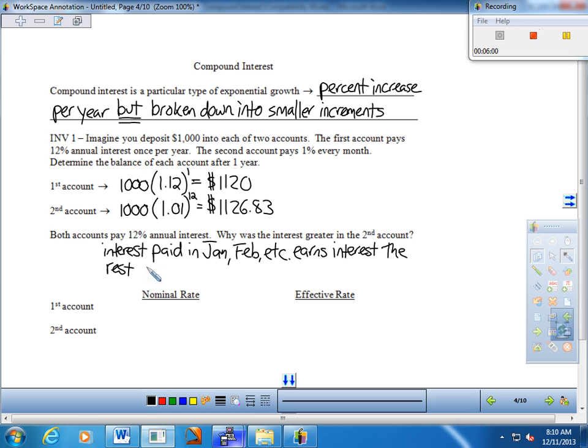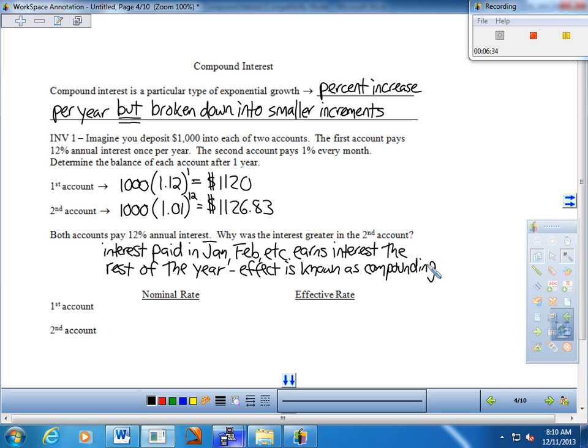Whereas the first account, we only got one interest payment over the course of the year. So as a result, only the principal, this $1,000 right here, was able to earn interest. Whereas here, when we got that first interest payment, that earned interest the rest of the year. The next interest payment, the rest of the way, that interest got to earn interest. Interest earning interest. And so, long story short here, this effect is known as compounding. Interest earning interest. Sorry for being redundant, but you'll probably hear me use that phrase over the course of